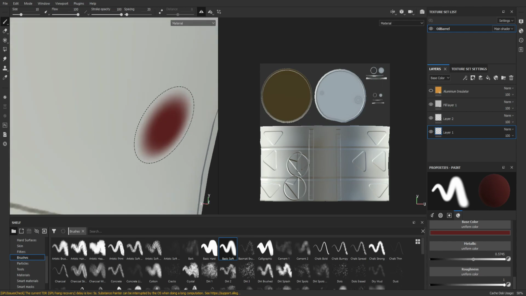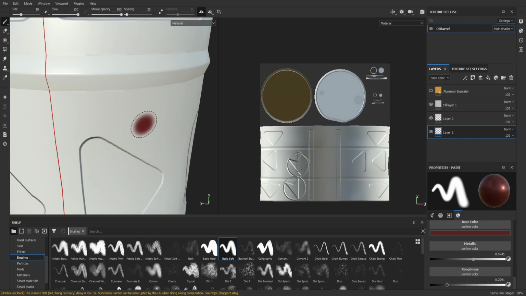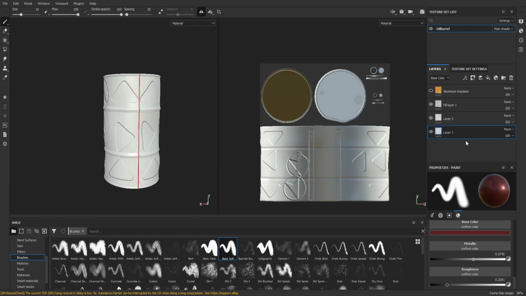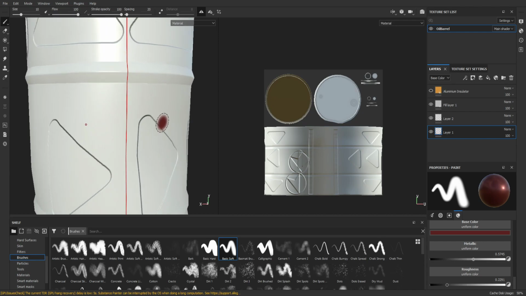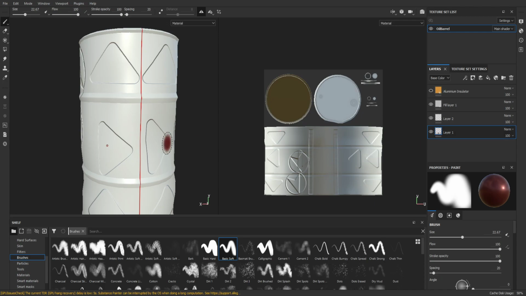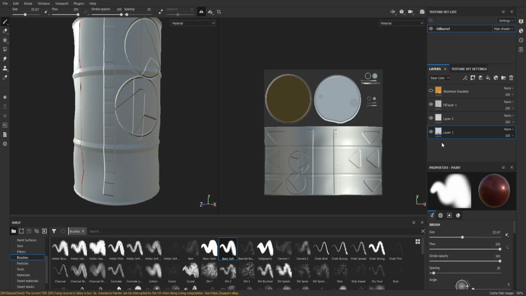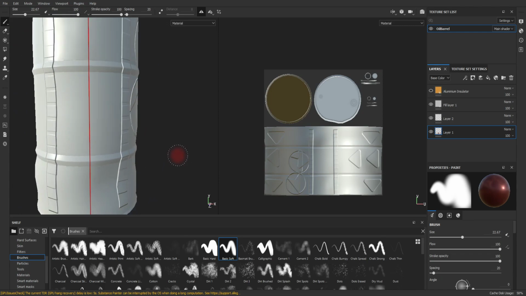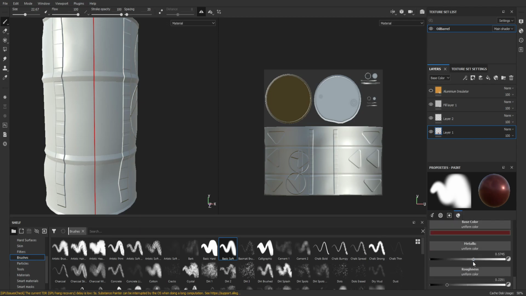Give me one second. Okay, we have a glitch in the system. Give me a second. Is anyone else able to paint, or is it just me? Just me? Okay. That's odd. Oh, I see. That's strange. But you guys are able to paint, correct? Correct. Okay. I will have to figure that out after this. So is there layer 1 and layer 2? It could be, honestly. What if you turn off layer